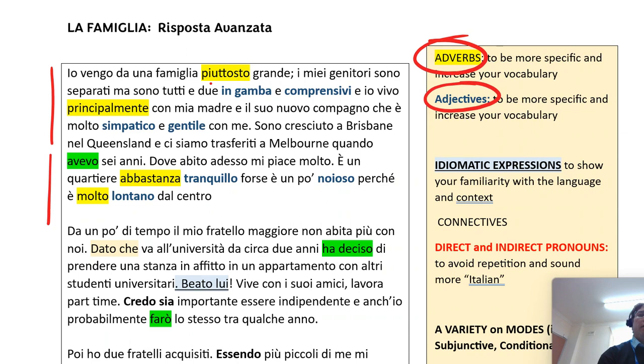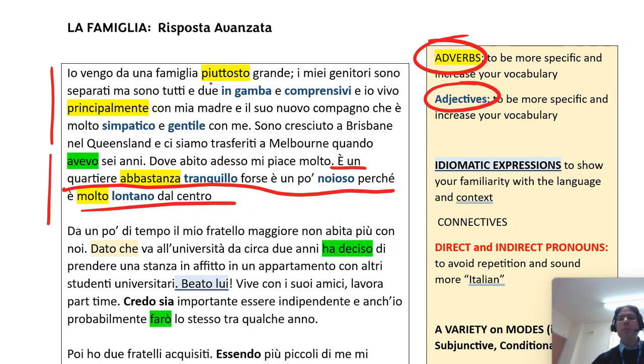So if we look at this line, è un quartiere abbastanza tranquillo. Forse è un po' troppo noioso perché è molto lontano dal centro. I'm talking here about the suburb where I live, and I'm saying that it's pretty quiet, tranquillo. But if I say abbastanza tranquillo, I add this adverb abbastanza before the adjective, meaning